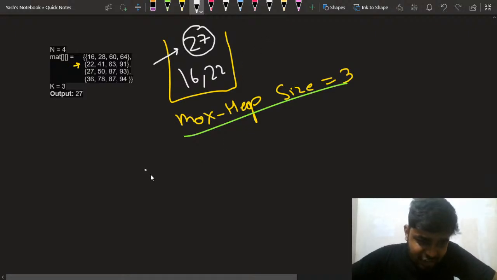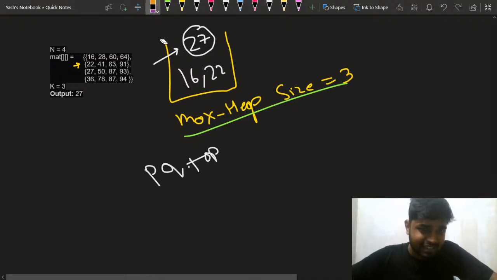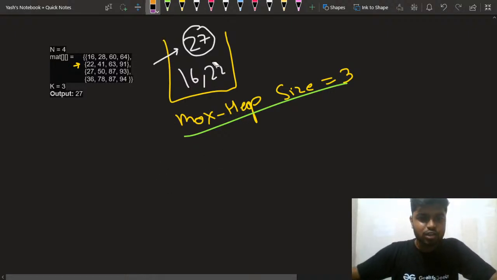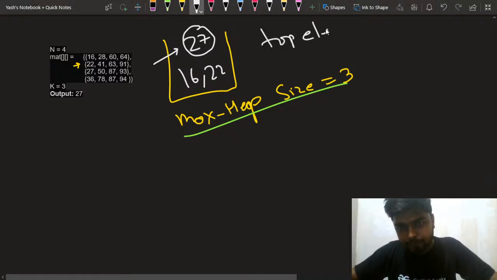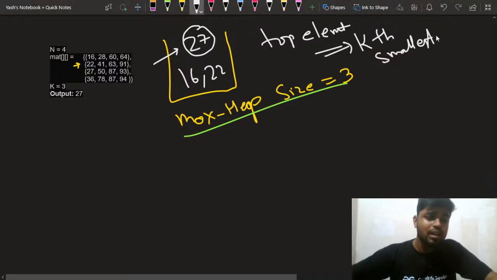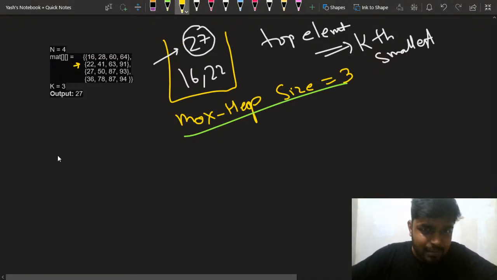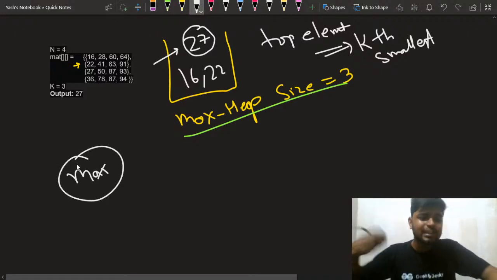So if I check pq.top, or peek in case of Java, depending on the language, the top element in the end will be the kth smallest element. Okay, why is this so? The reason for this is because we are using a max heap. Since we are using a max heap, the property of the max heap is that every time you pop out an element,